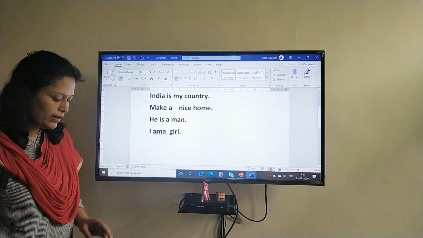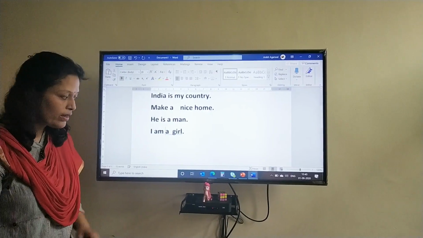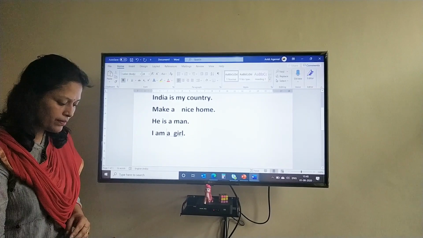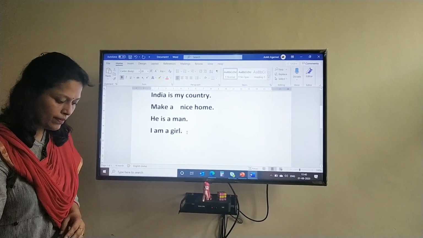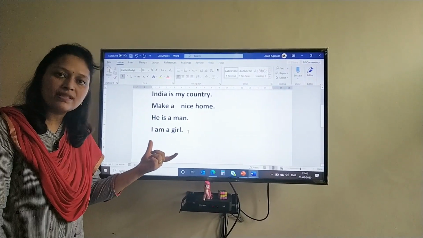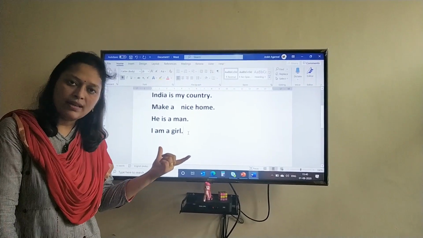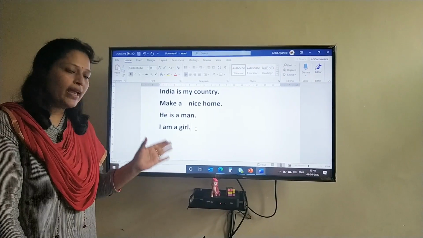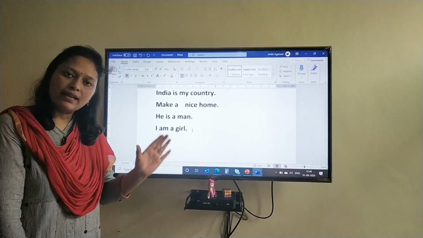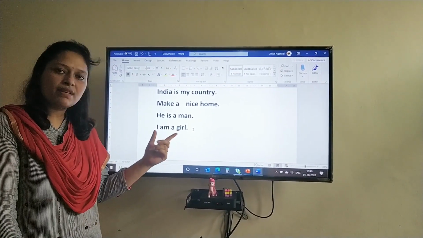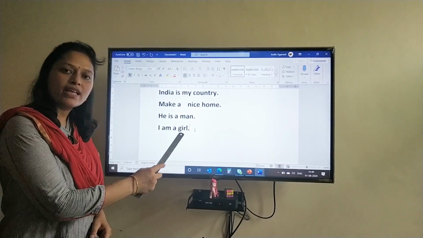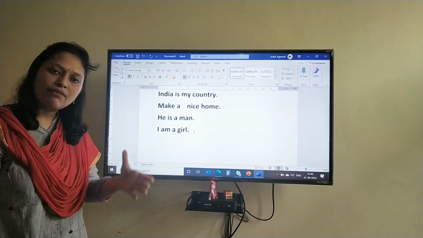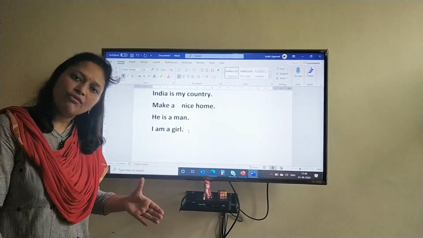I am a girl. It is again a spelling mistake or contextual error. So I am a girl. Now there are two spaces. So to remove that, if there are extra spaces given, again you will find some wavy line. If there are 2 or 3 spaces between words, then you will again find some wavy lines underneath. So if I delete the extra space, you can find the wavy line has disappeared. So this is the meaning of these wavy lines. Whenever there is some error, you will find the wavy lines.